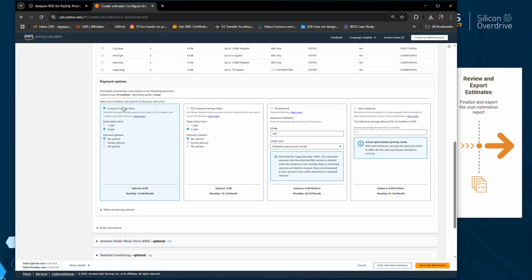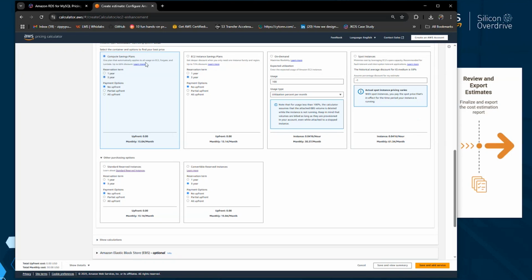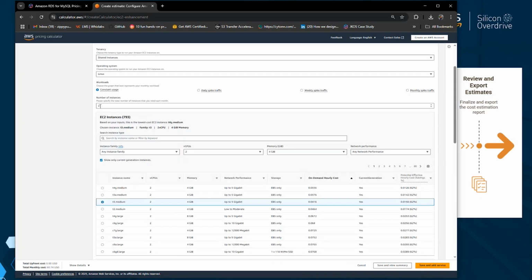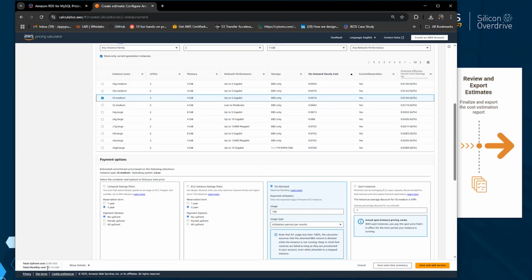Then the other very handy thing that you get from the calculator is that you can view pricing across the different pricing models. So I can start with, I want to see what my on-demand cost is for my T3 medium instance, for 2 instances. It's about $60.